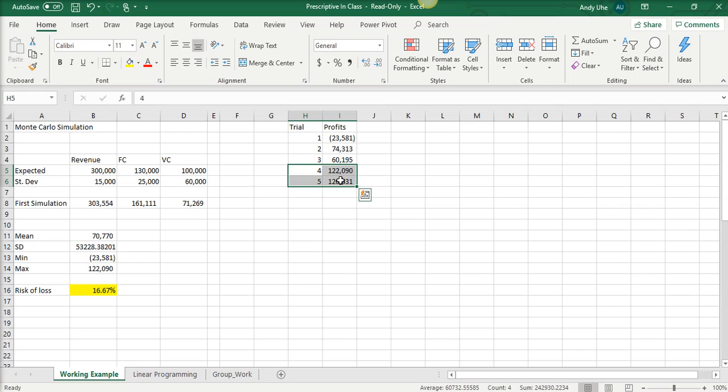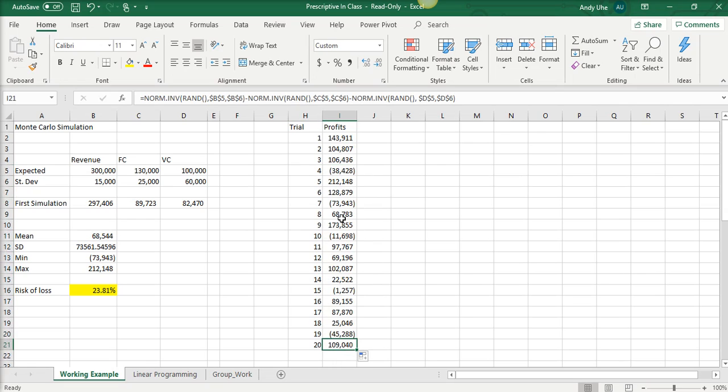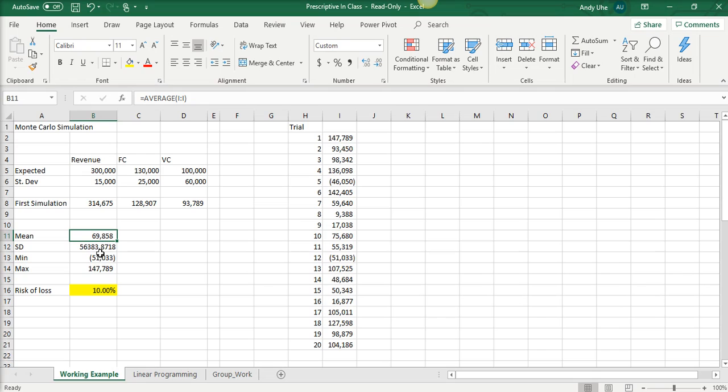And if you want to run 20 simulations, well, here's 20. Drag it down, and you'll notice that this data here changes based on what you have selected. And we'll actually want to delete what's in I1, but this will give you your mean, standard deviation for the population, the minimum expected output, and the maximum, and it actually gives you a risk of loss